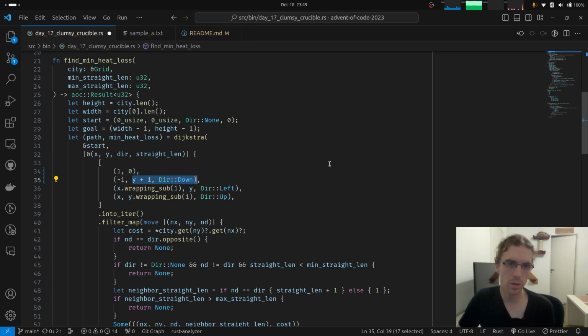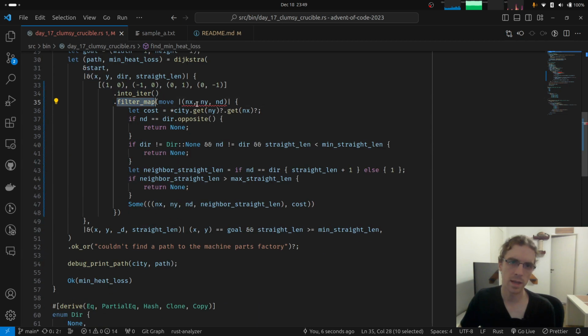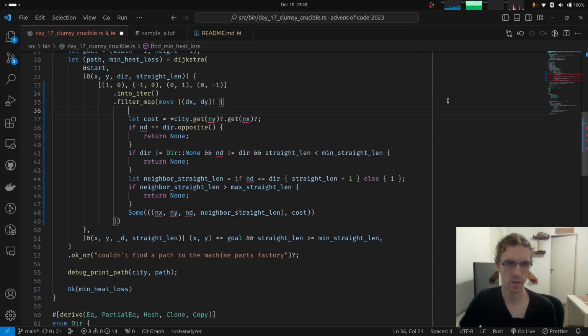We don't have to go in any particular order, I think. So right, left, down, and 0, -1 is up. And now filter map again. This would be dx and dy and no direction. Okay.